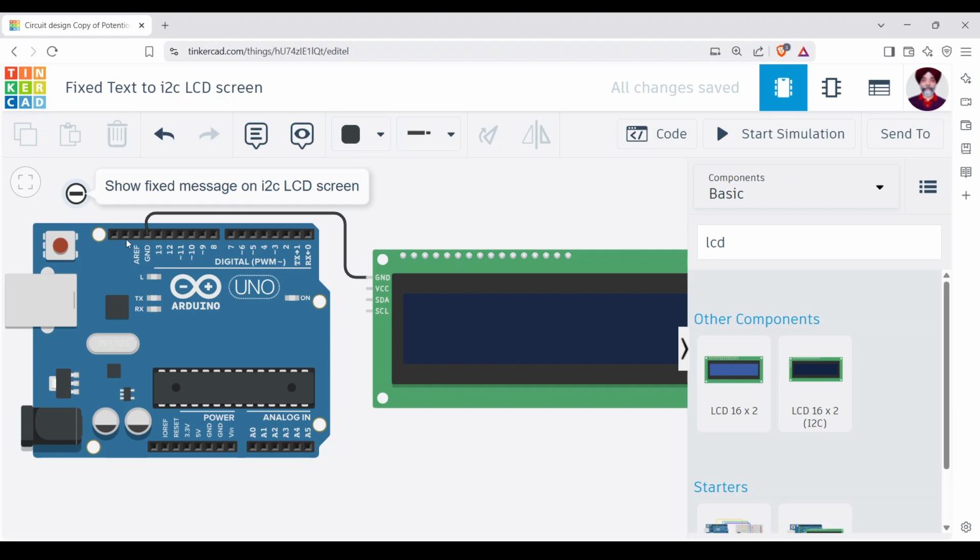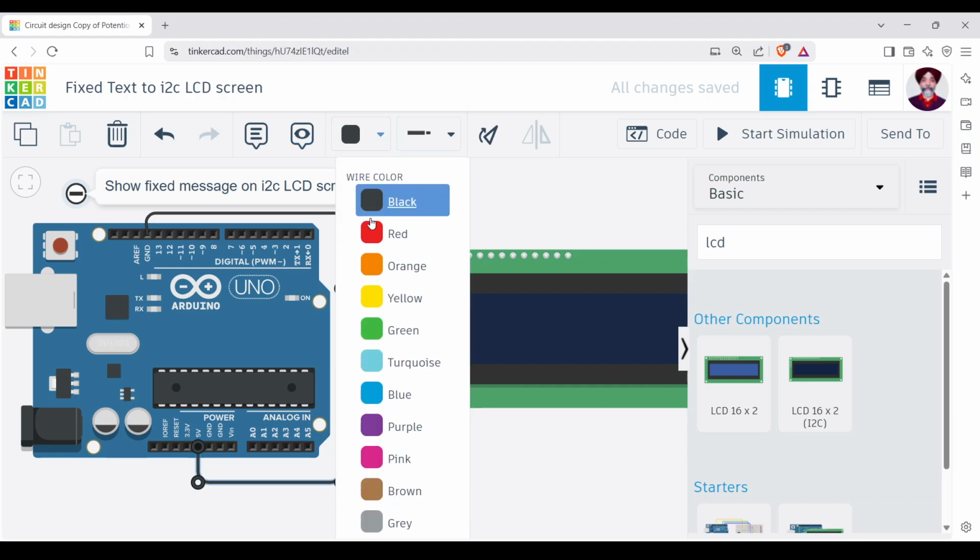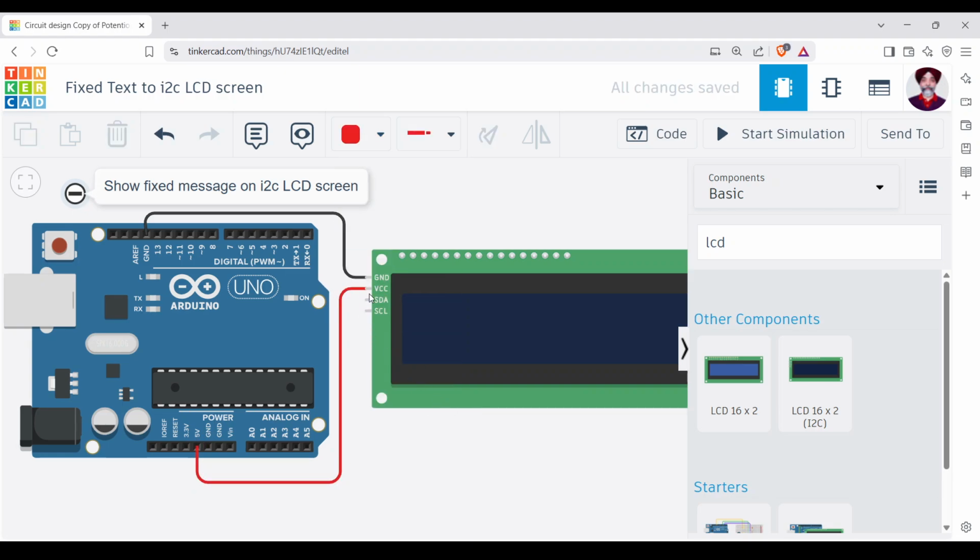VCC, we don't have VCC on this side, so we'll put VCC on the other side now. We'll put it onto 5 volts. This screen could be connected to the 3.3 also, but we will be connecting it to 5 volts. This is going to be red. Now the SDA and SCL pins are always connected to A4